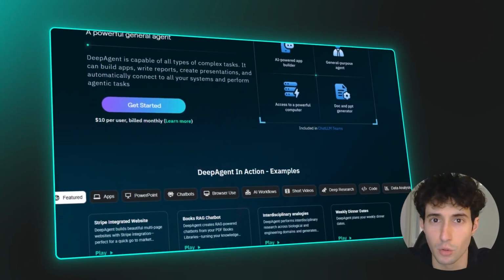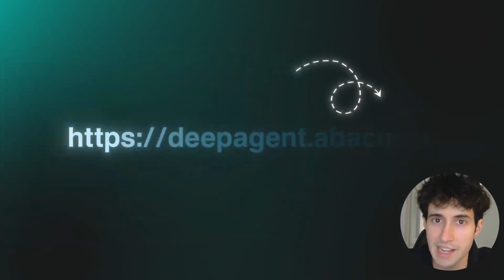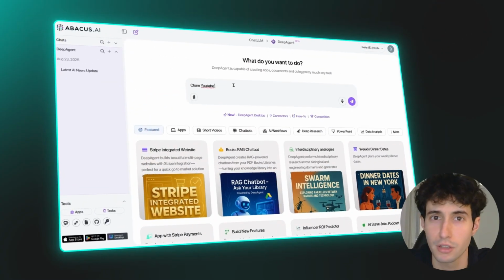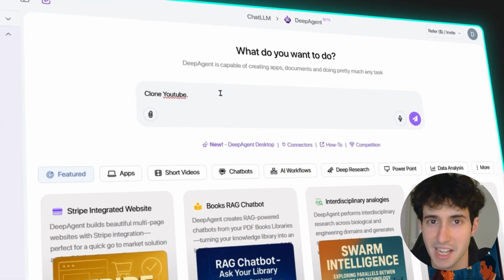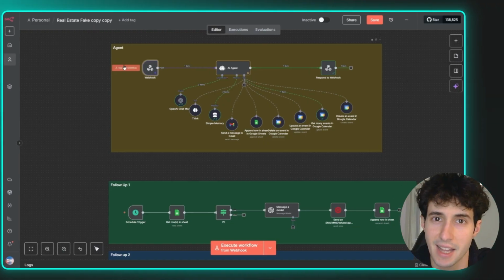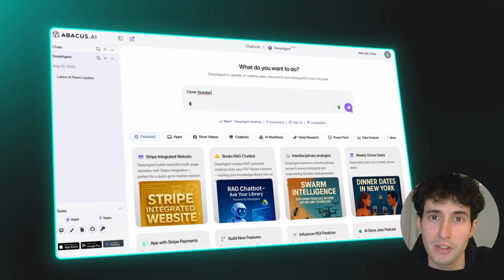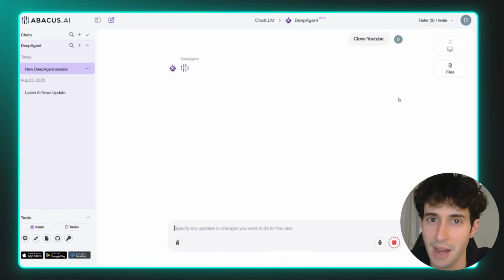This new AI tool just destroyed N8N and Lovable. It is called DeepAgent and it claims to build full-stack apps with just simple text prompts, which would make using N8N a complete waste of time if you can build the same or even better apps by typing simple prompts